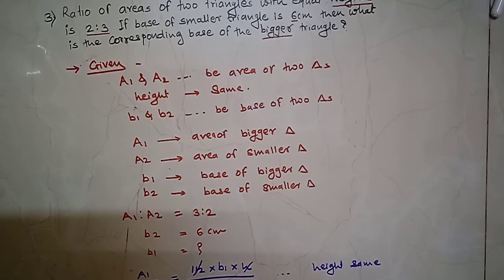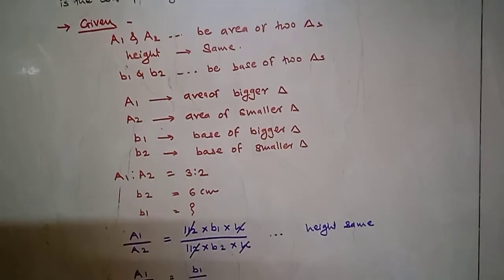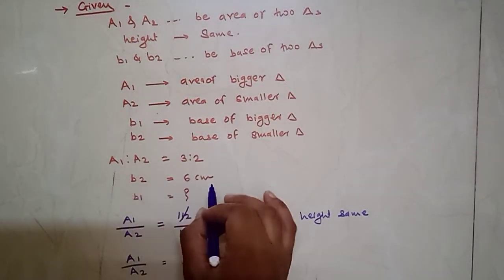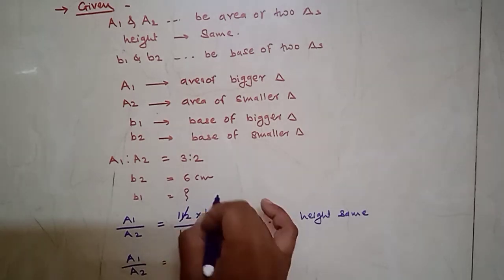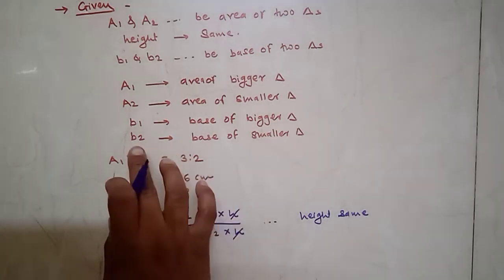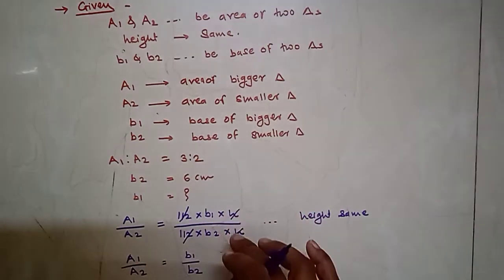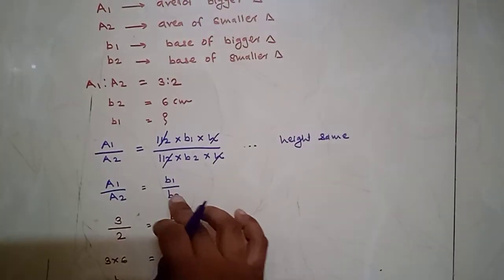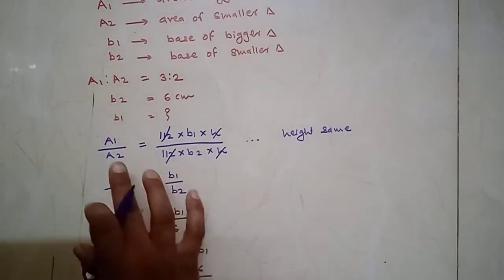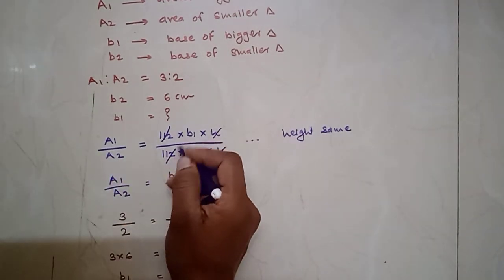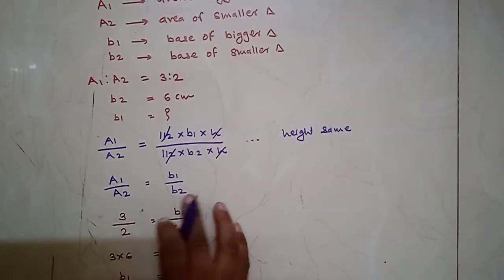तो हम लोग एरिया A1 और A2 यहाँ पे लिखा है, देखो। और B2 क्यों लिया? क्योंकि यहाँ पे जो हमें दिया गया है, बेस वो स्मॉलर ट्रायंगल के लिए है। तो हमने यहाँ पे B2 स्मॉलर ट्रायंगल के लिए बेस कंसिडर किया है। आपको फॉर्मूले में वैल्यूज़ पुट करनी हैं जो दिए गए हैं, क्योंकि यहाँ पे जो हाइट सेम है इसीलिए हाइट कैंसिल हो रही है, 1/2 भी कैंसिल हो जाएगा, तो आपको फॉर्मूला ये मिल रहा है।